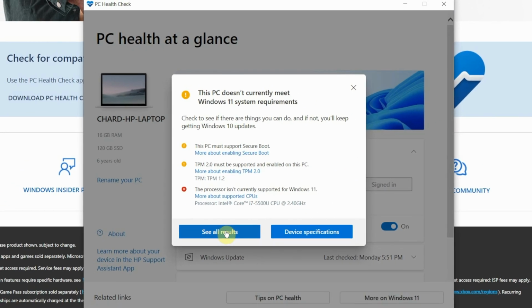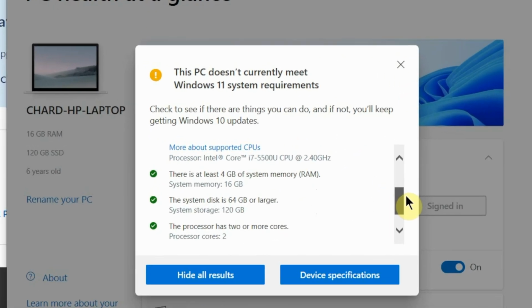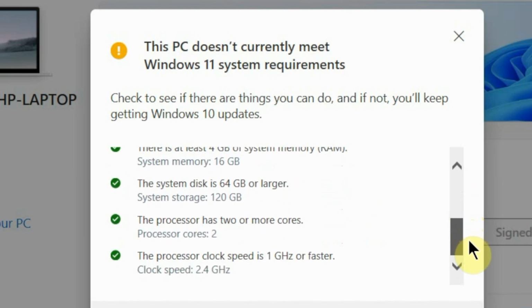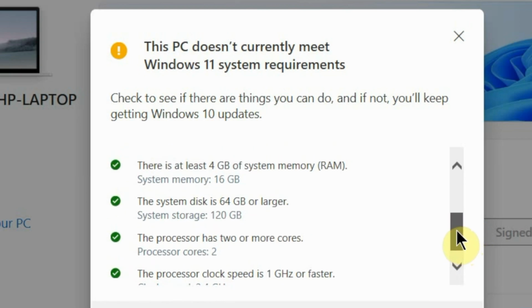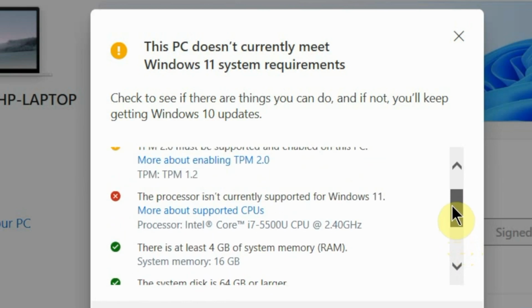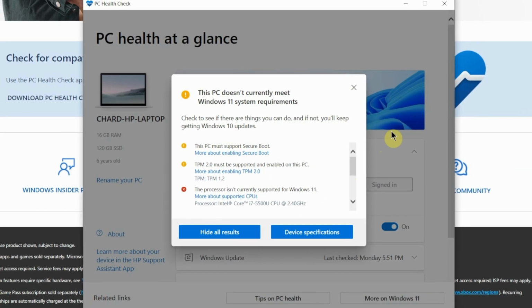Now, if I click the button at the bottom that says see all results, just for the sake of it, then it's going to show me what my system passed as far as requirements. So there's enough memory to run Windows 11. The system disk space is over 64 gigabytes. The processor is 2 or more cores, even though it doesn't meet the requirement. So even though the processor meets certain requirements, it doesn't meet all the requirements to run Windows 11. So right now, this is telling me that this laptop eventually is going to be outdated. If I want to continue using it, I can continue using it running Windows 10, but I'll never be able